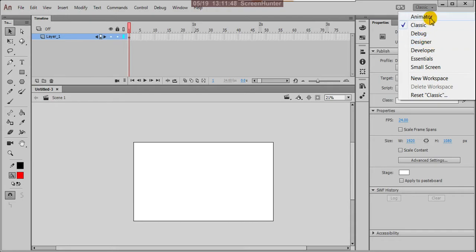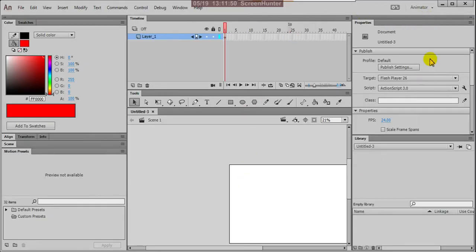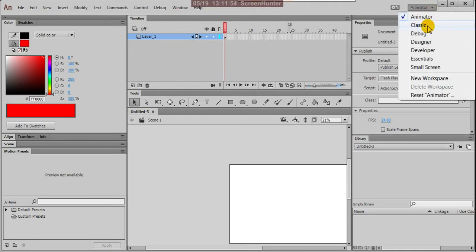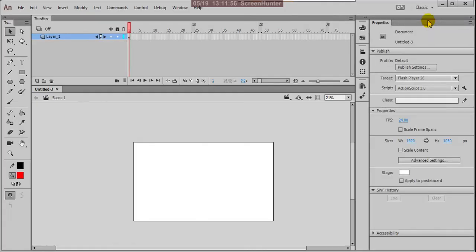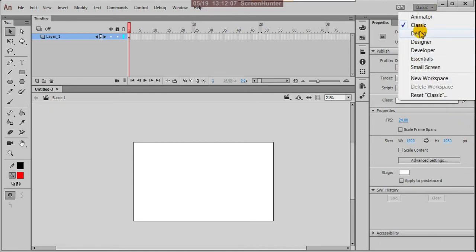As an animator we can check this animator view, but as I told you, in Classic mode it looks like Flash or Illustrator software. So these are the work areas. Anytime you can click and check the different work areas.